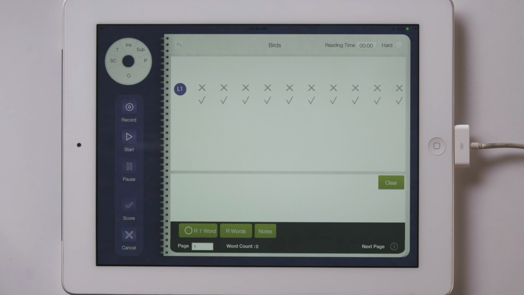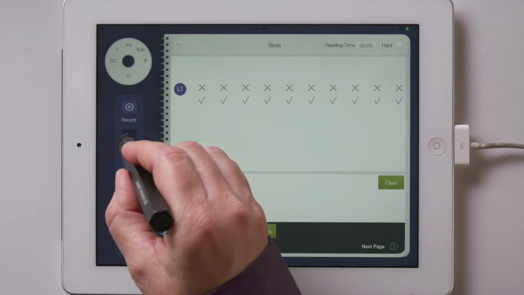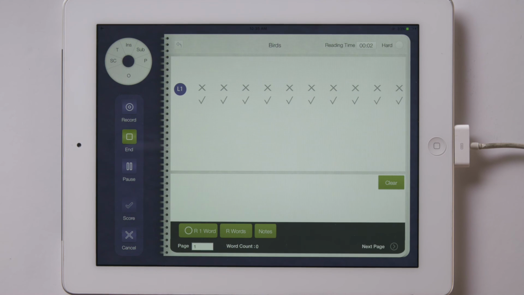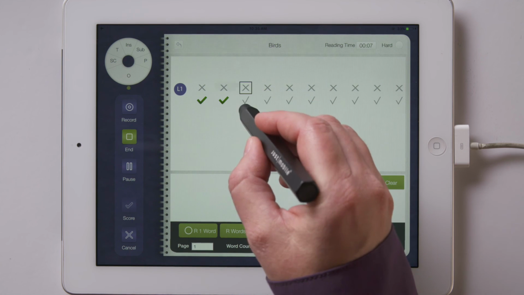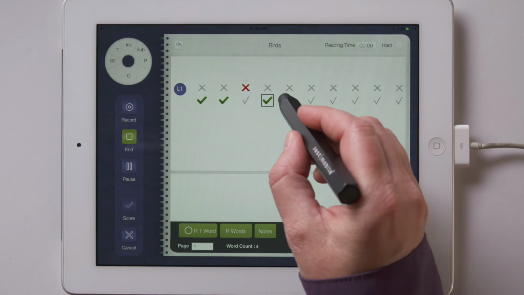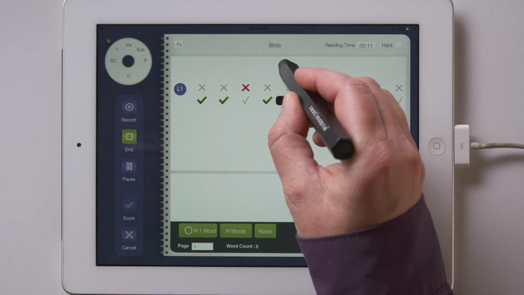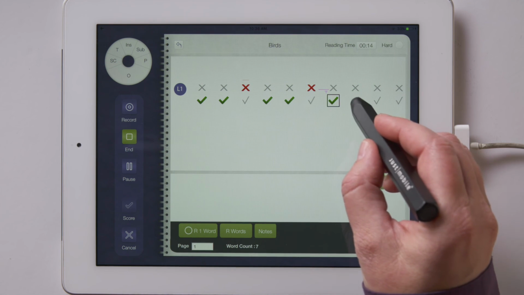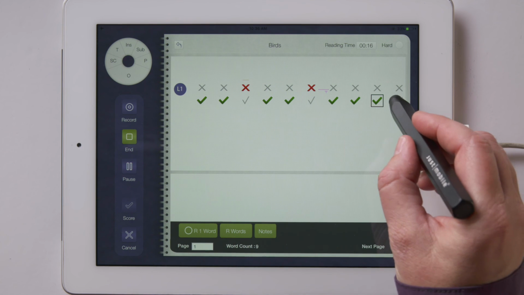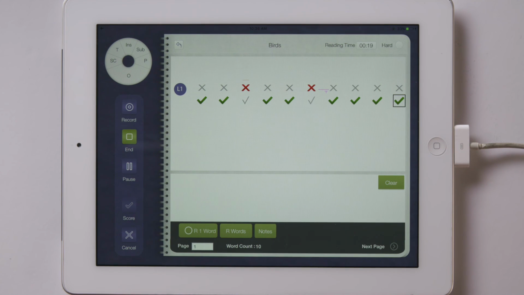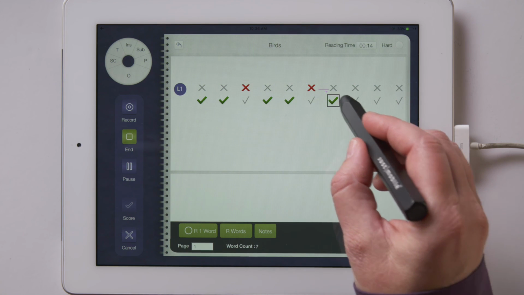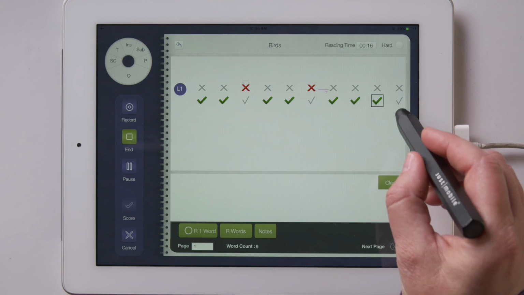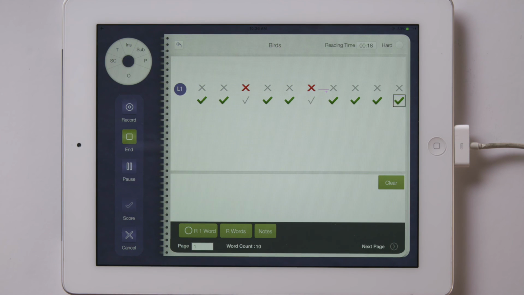The coding screen begins with one line, L1, that shows X's and check marks. Tap on Start to begin the timer. As the student reads line 1, you either tap on a check mark for a correctly read word or tap and swipe on an X for a word with a behavior associated with it or for an inserted word. Use the text box and gestures just as you did with benchmark text coding. Just be sure you are selecting the X before swiping. When tapping on the check marks, the best place to tap is right in the middle of the V section of the check mark symbol.